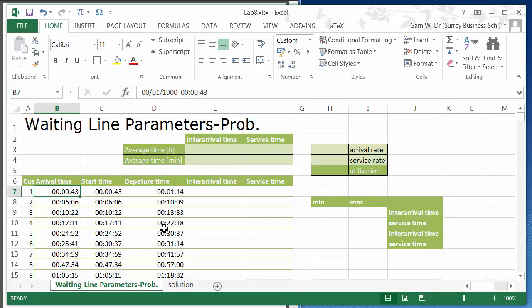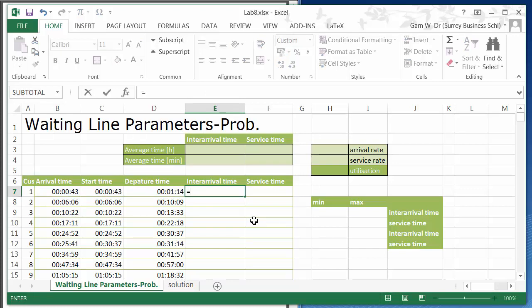Good. So the first interarrival time is a little bit difficult because we don't have a customer 0. We just say this is the time between time 0 when our observations start and the first customer arriving,